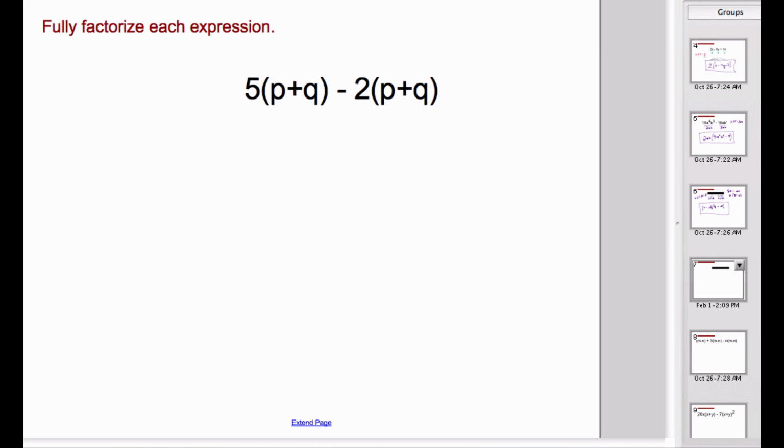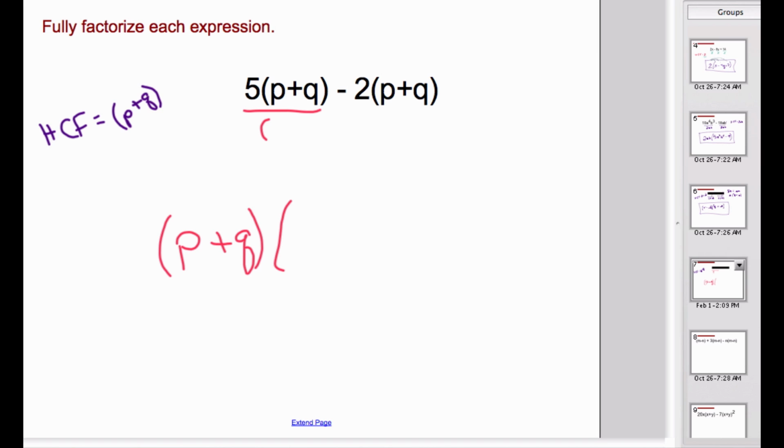Okay, so this next one, we want to look at what the HCF is. And we see that 5 and 2, those are our coefficients. The HCF for those is just 1, so we don't have anything there to divide out. But they both have a quantity of p plus q in common. So our HCF is the quantity of p plus q in brackets. So that comes out in front. That's our HCF, and we're going to divide each term by that and see what happens. So the p plus q's are going to cancel, leaving us with 5